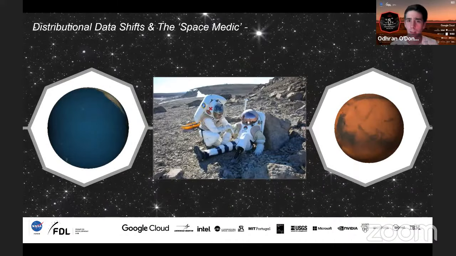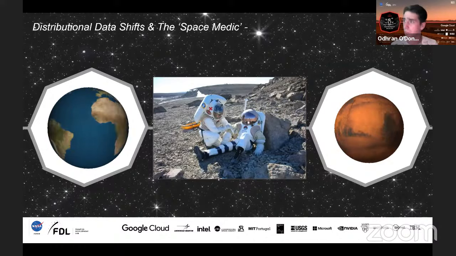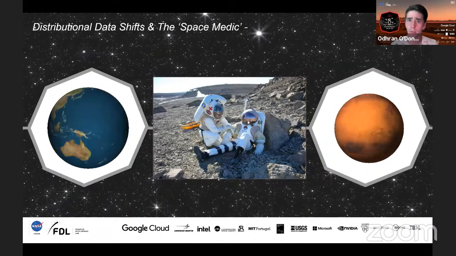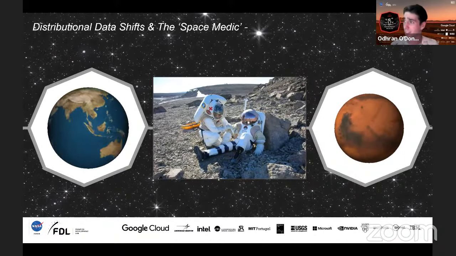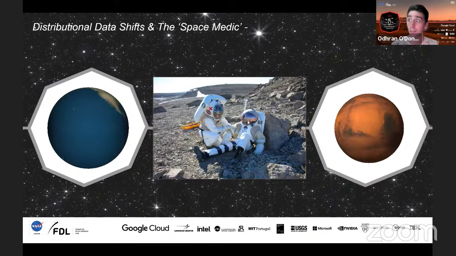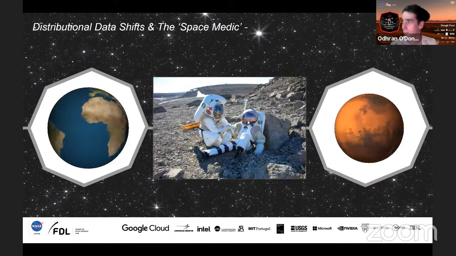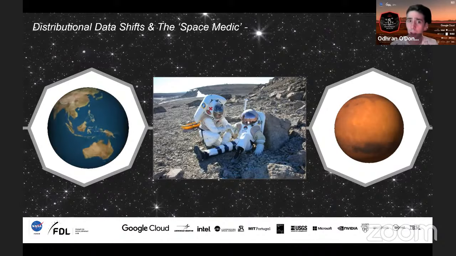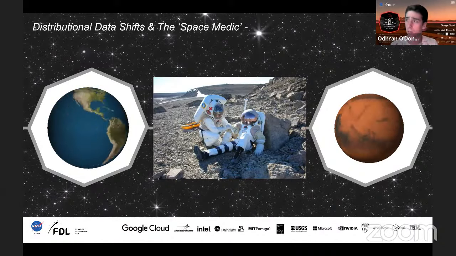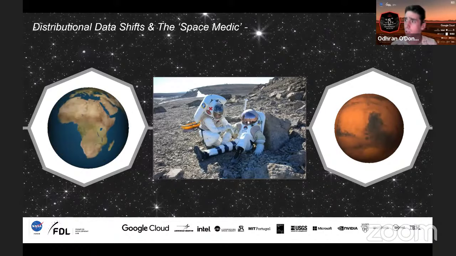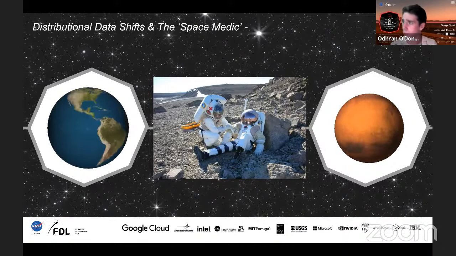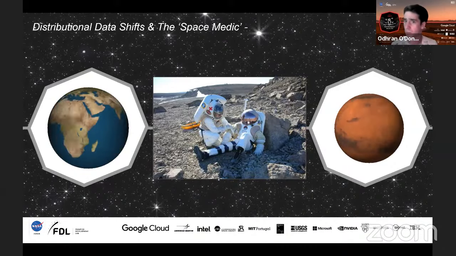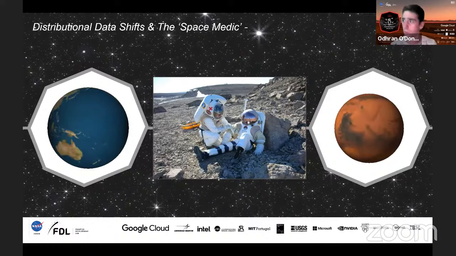And this leads us to thinking about how we do this in space, because the environment of space is very different from the environment of Earth. If I have patients who are living on Mars, they're in a different microgravity, they're in different radiation environments, they're going to look very different from the patients who live on Earth and different from the patients who live on the ISS. And so there's an open question of how can we try and combine the learnings across all these different environments. We in machine learning call this distributional shift, the idea that there are different distributions of people based on where they are in the world or what sort of people they are.